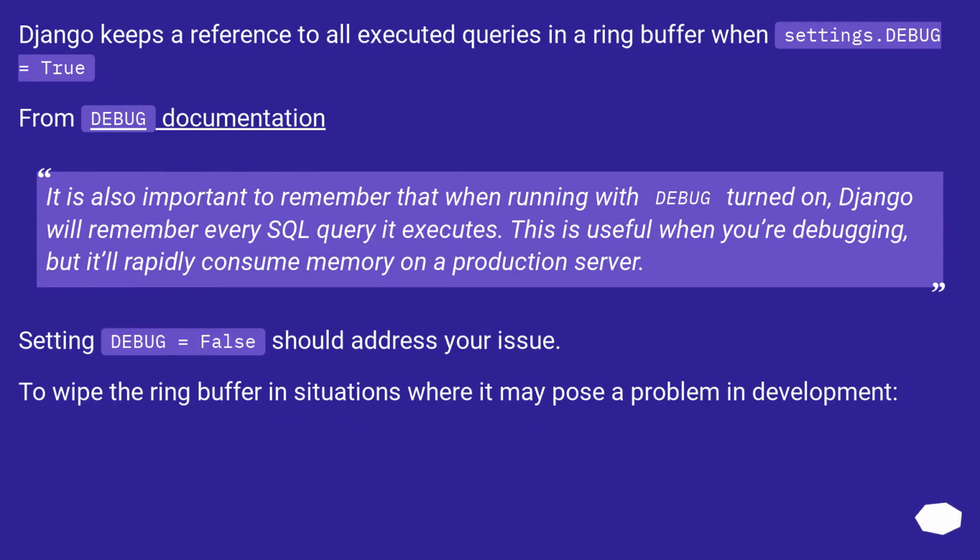Django keeps a reference to all executed queries in a ring buffer when settings.DEBUG equals True. From the debug documentation: it is also important to remember that when running with DEBUG turned on, Django will remember every SQL query it executes. This is useful when you're debugging, but it'll rapidly consume memory on a production server. Setting DEBUG equals False should address your issue. To wipe the ring buffer in situations where it may pose a problem in development,